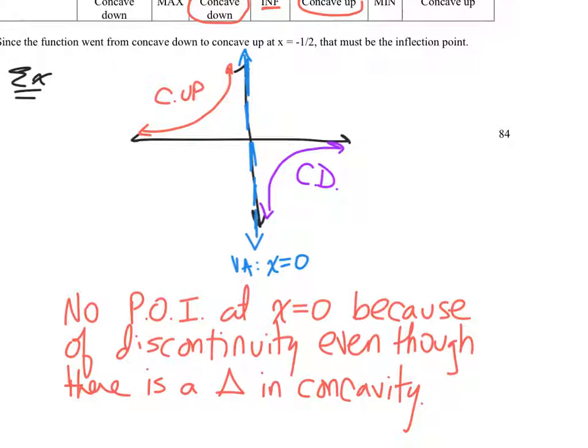Never once evaluating the original function for x equals 0 to identify that it is a point of discontinuity, because if it's discontinuous, it's not differentiable. So they see a change in concavity, and just rote procedural-minded individuals will write, oh, change in concavity. He said it in class. I wrote it on my note card. That means that we're looking at a point of inflection. How could it be a point of inflection if there is no point? Right? All right, so I am getting on your case for something that you have not done yet